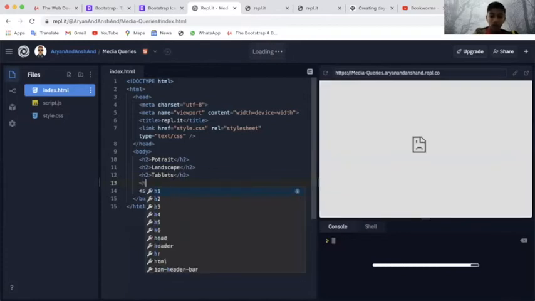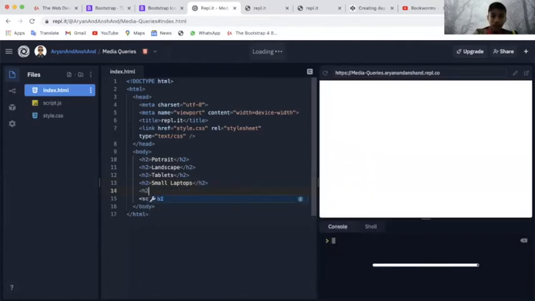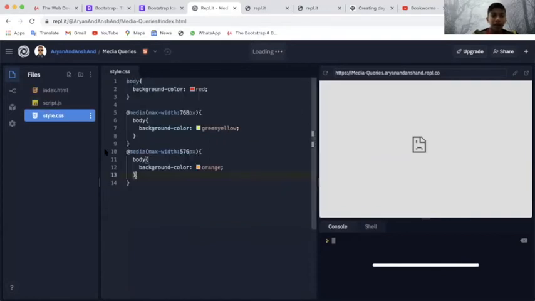Then on the fourth one, I'll write small laptops. And on the last one, I'll write large laptops. So these are Bootstrap's breakpoints, and you don't need to remember this.